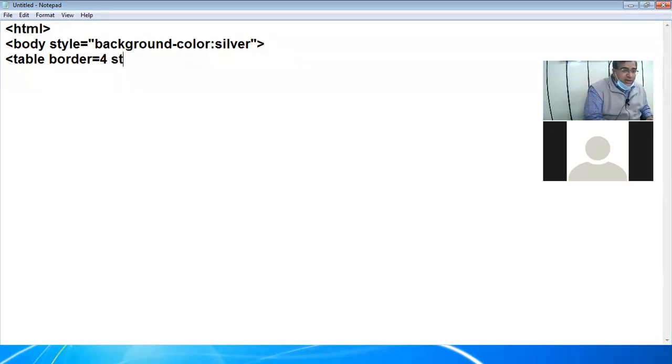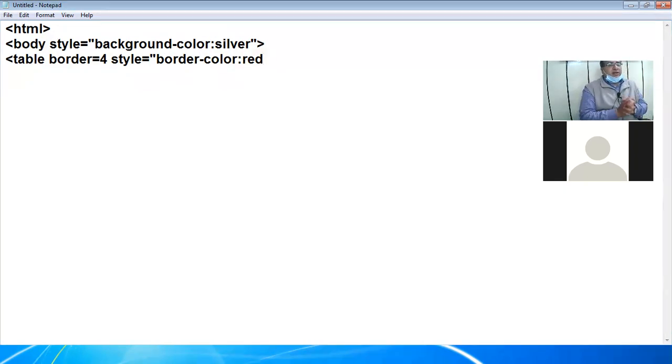So what I do here, I took the style attribute equal to double quotes, and inside the double quotes, I am using border color. I am giving the color red. The color of my border is red.